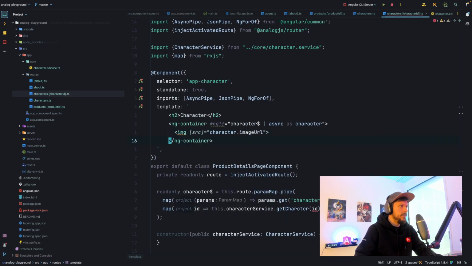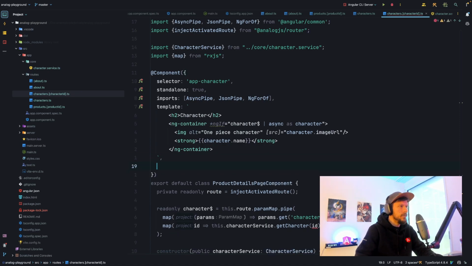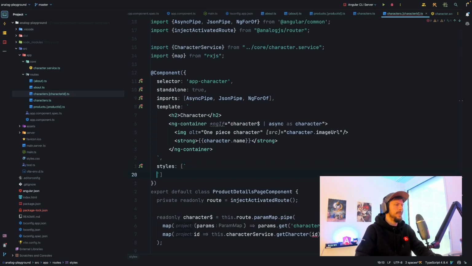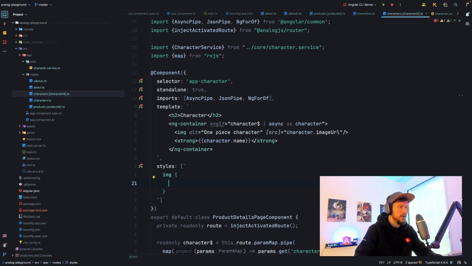Let's do it just strong. All right. Character dot name. Of course, we have to close our tag. We have to give it an alt for accessibility. One Piece character. We could do better here for accessibility, but yeah. Now, styles. Image, we do like